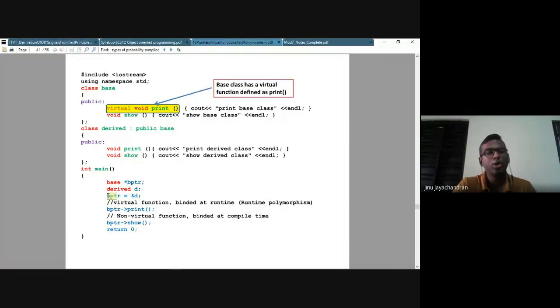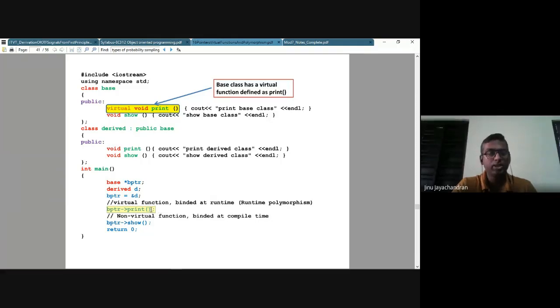Basically, you are pointing the BPTR to D. Now, when I call BPTR arrow print, it should have actually called the print function of the base class, because your print function is there in the base class and in the derived class. But since the print function is virtual, it will not call the print function of the base class, but it will call the print function of the derived class. So this happens only when it is being run. It will not happen during compilation.